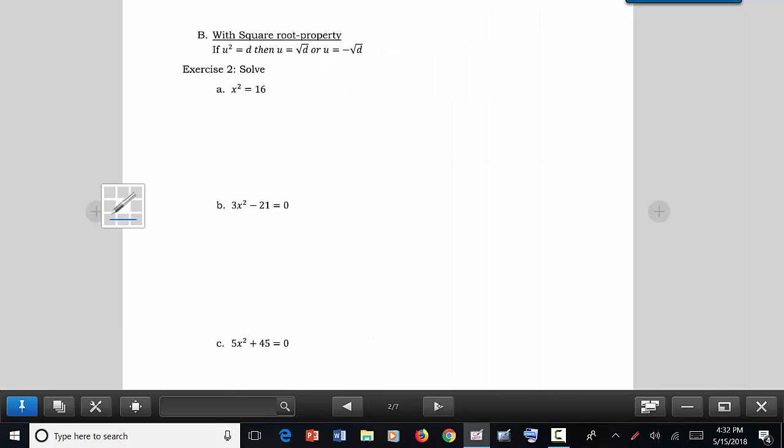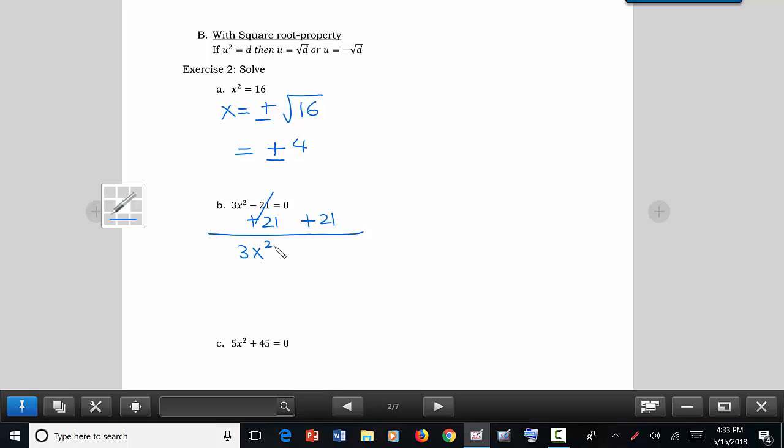Now we solve quadratic equations with the square root property. The square root property tells us if you take the square root, then you do the plus or minus. So x equals, we have two options, plus or minus the square root of 16. So either that is positive 4 or negative 4. That's all. Now in the square root property you want to isolate the variable terms on one side and the constant on the other side. So plus 21, plus 21,